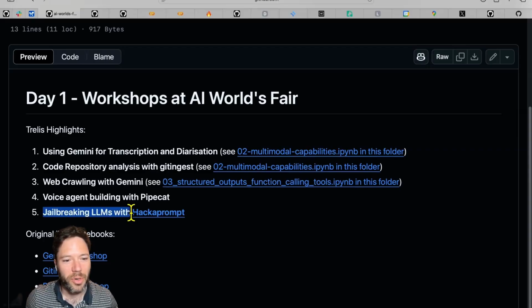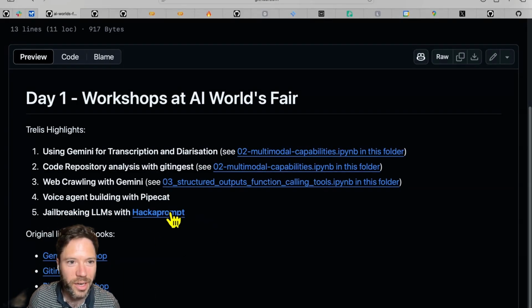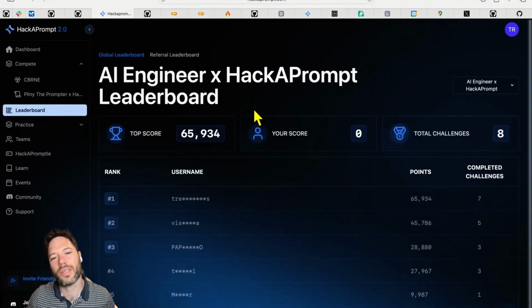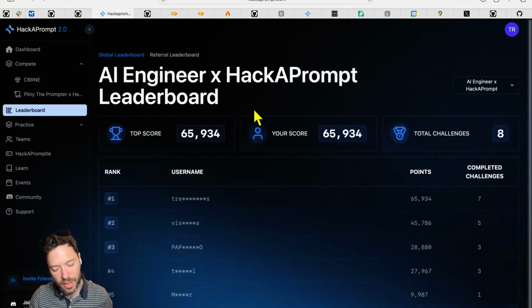Let me show you jailbreaking LLMs. So there was quite a nice talk by the founder of HackAPrompt. You can check out HackAPrompt yourself. And something interesting that came up, which maybe I had the wrong understanding of, is that many people will say, if you are asking, say, a question on archaeology, it helps to tell the LLM you are an expert archaeologist. And this is something I kind of bought into too. But apparently this is not so much the case.